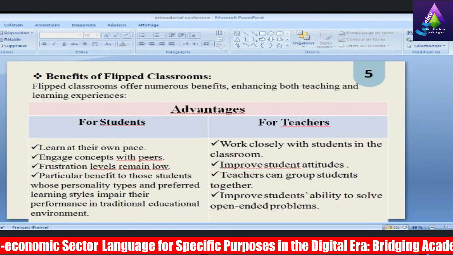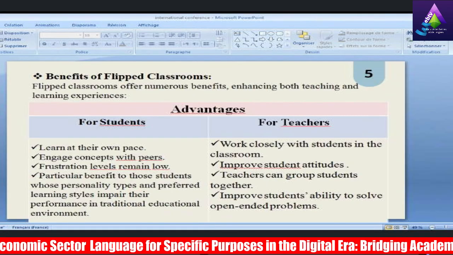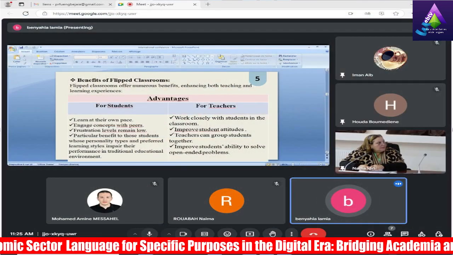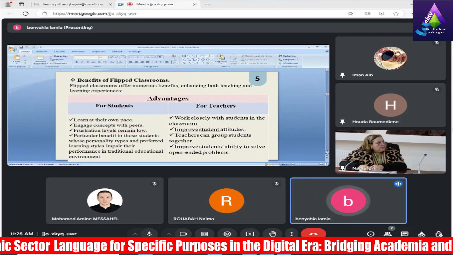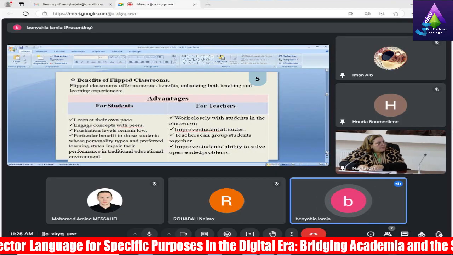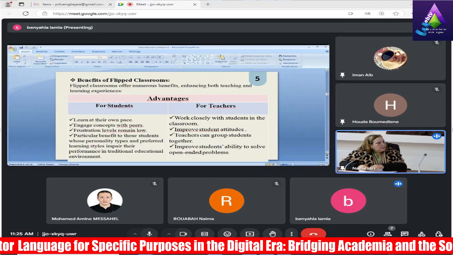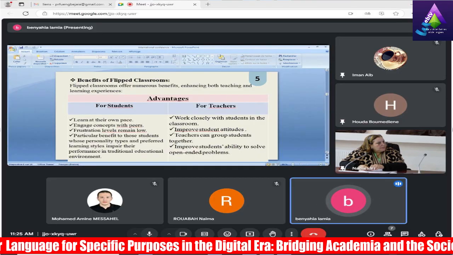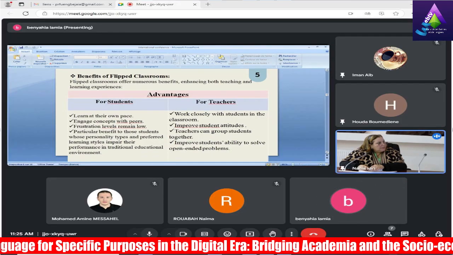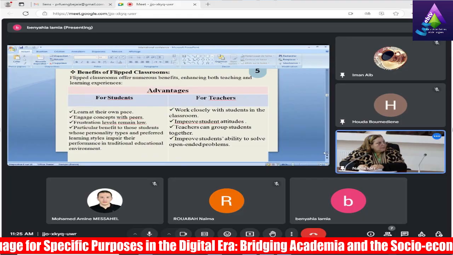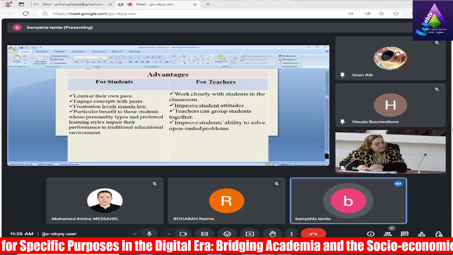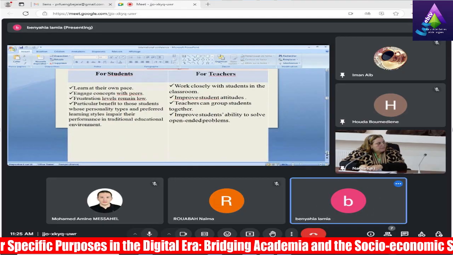For teachers, there are also some advantages. Work closely with students in the classroom, so there is teacher-student interaction, improve students' attitudes. Teachers can group students together. Of course, teachers will have more opportunity to make group work in the classroom, and finally, improve students' ability to solve open-ended problems. Some limitations.